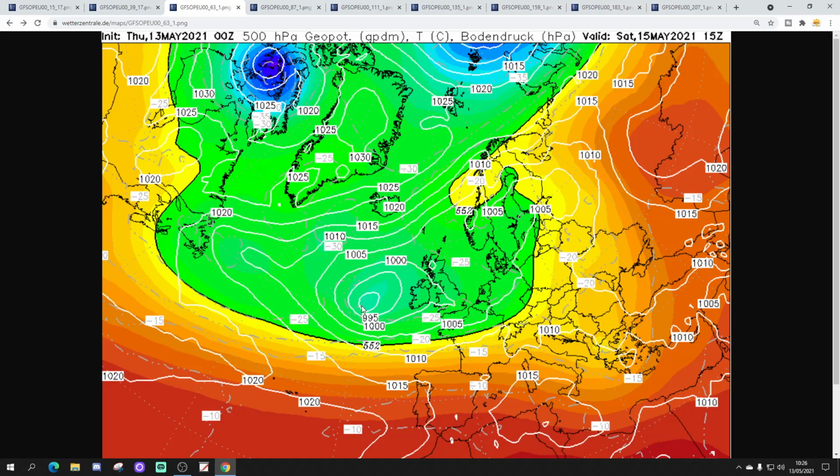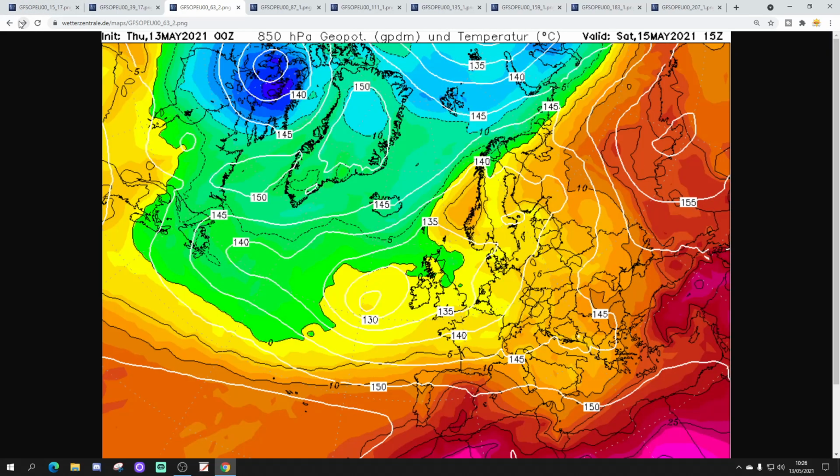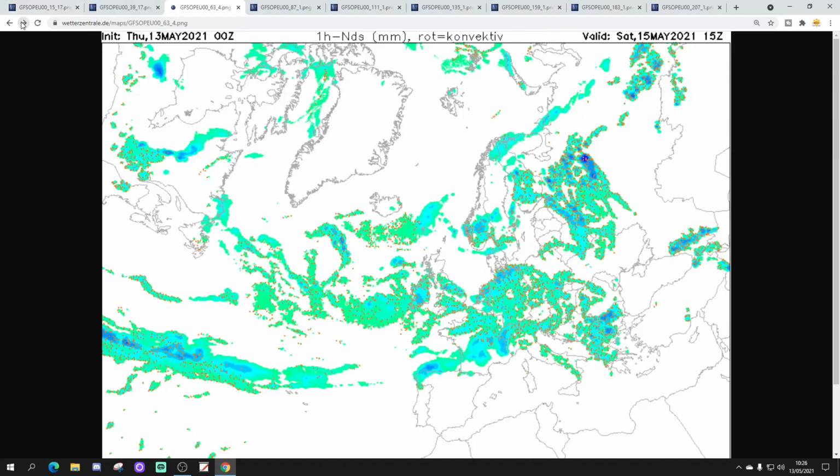Into the weekend, low pressure starts to move in from the Atlantic towards the UK and Ireland, still with this trough sitting up to the northeast as well. Again, relatively weak pressure through eastern parts of Europe. Upper air temperatures look pretty cool out in the northwest. Otherwise, they're generally quite warm through many northern, eastern and southern